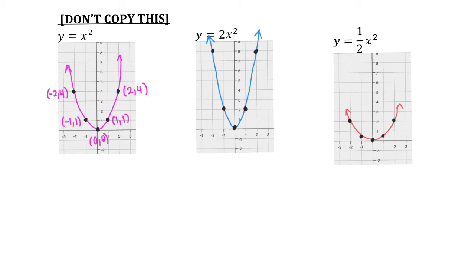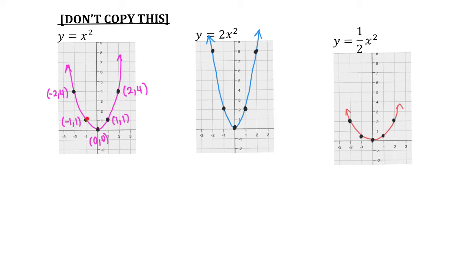In 8.3, we're going to introduce vertical stretches and shrinks of our parabolas, but first I'm going to show you what those look like, and then we will get to the formula. Okay, so this first graph is y equals x squared. This is the parent function of a quadratic function, and this is normally how it looks: 0, 0, 1, 1,